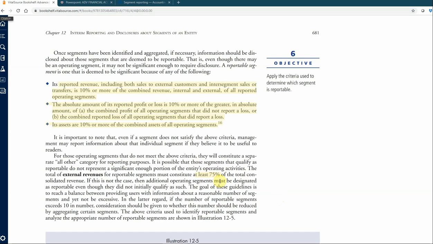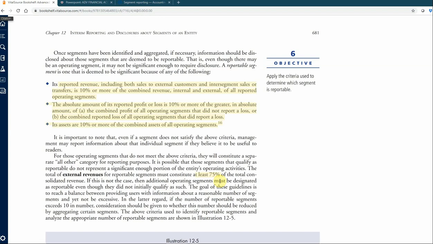The other thing we do is we don't want to have too many segments. So chances are we don't want to have close to 10 or more segments that we're reporting. That's almost too much information. So what we might want to do is aggregate and combine segments in order to kind of reduce them down. For example,